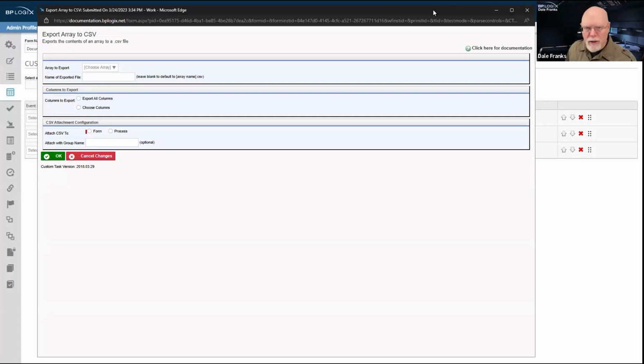We have several customers that need to export arrays to CSV files. Then they consume those CSV files in various database systems. Now, by default, whenever we did the export as a CSV file, there is a trailing comma after the last column. Some customers have started to say that's causing us some problems in our import process because we're hitting that last comma. Our database is expecting an additional column past that comma.